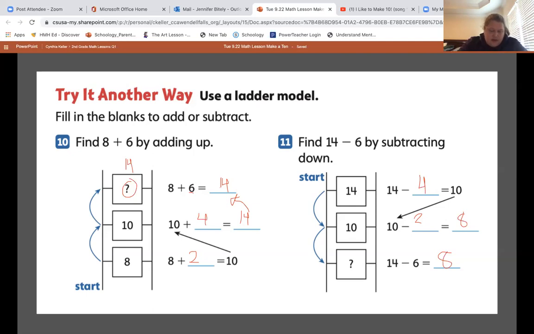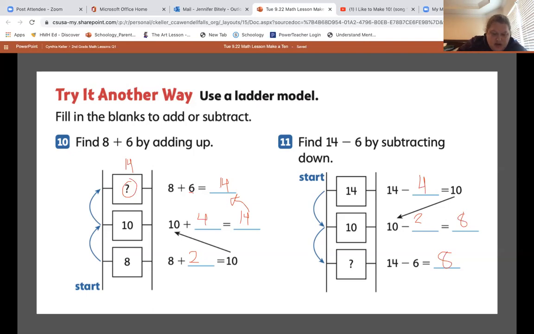You are going to be working on pages 23 and 24 from your at-home learning kit. This is page 23. Study how the example shows making a 10 to add. That's page 23 right there. You're going to be doing that one. And then 24 is on the back. It says page 24. And this one, you're just filling it in, okay? So that is one of the things you'll be working on in your packet.